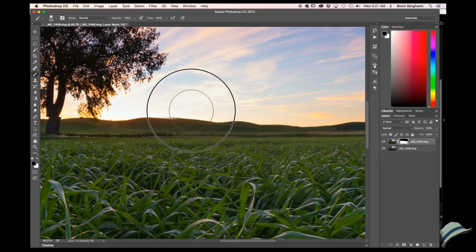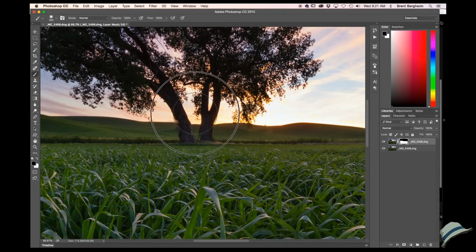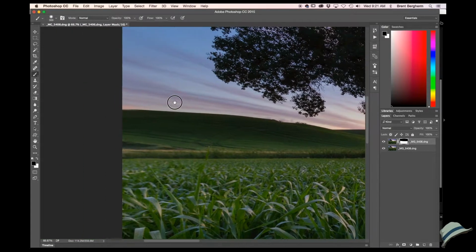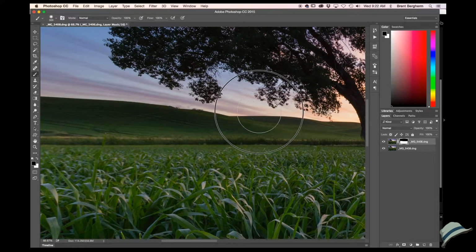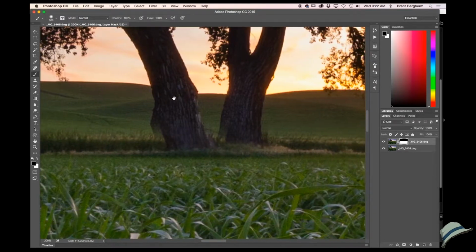And so we hide that transition line, right, and I do have to, you know, break the pattern there around the tree trunks, and that'll be fine. We'll get it going. But I'm able to hide the transition line, and everything is just going to blend together really nicely. So we still have a little bit of a ghost trunk down here, and so this is where we just work in a little more detail. Again, still using a really soft brush, full softness now,